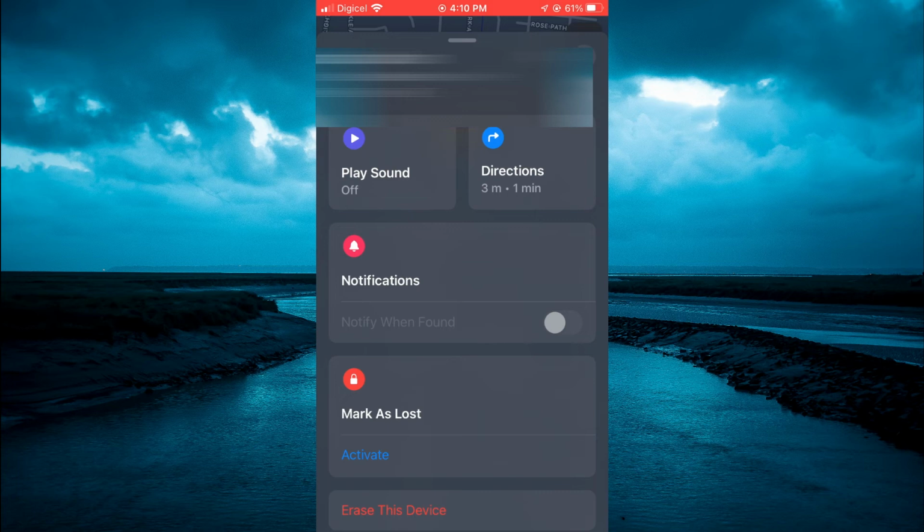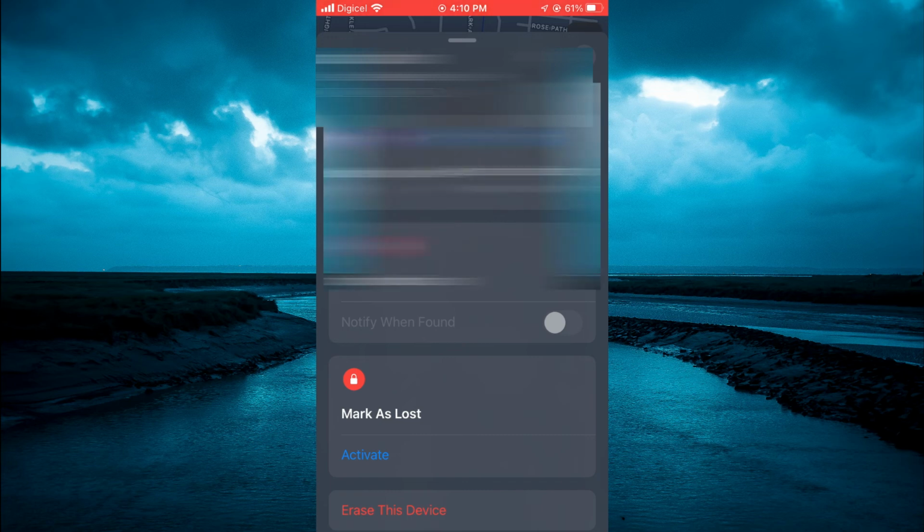And also, if you feel that someone has stolen your iPhone, you could simply use the directions right here to find the iPhone. And you can also tap on Erase this device if you want to erase all information on